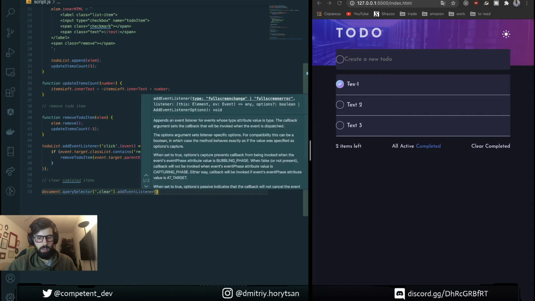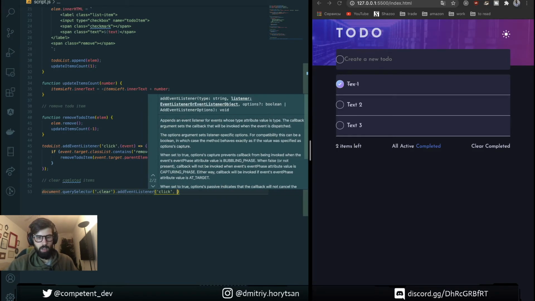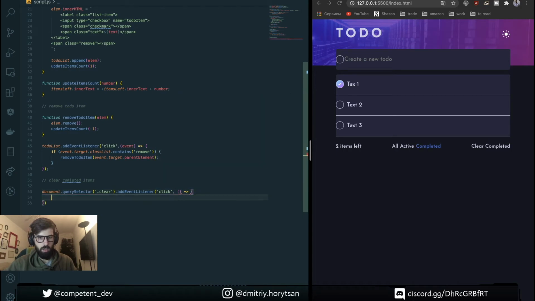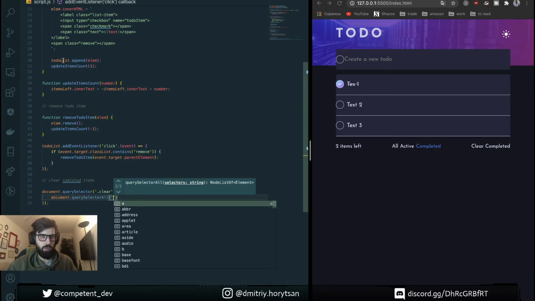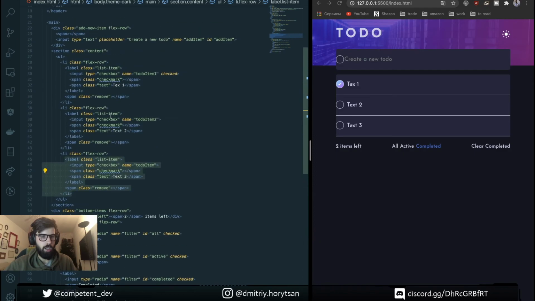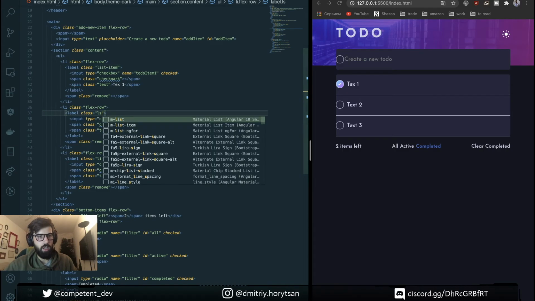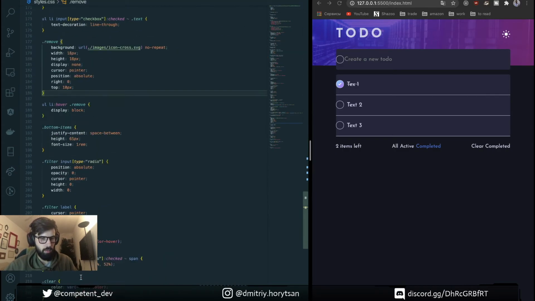Add event listener click. And once we clicked, we need to do document query selector all. We need to find out each checkbox, list item and checkbox checked.